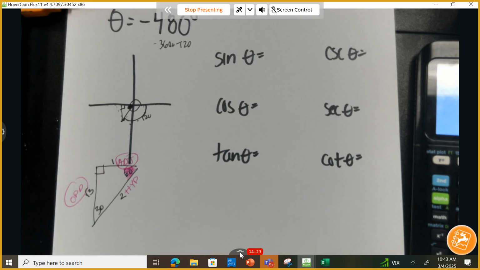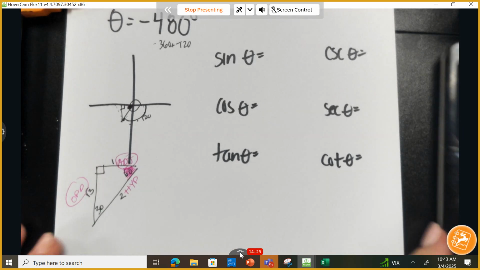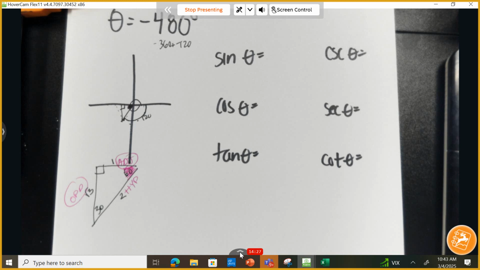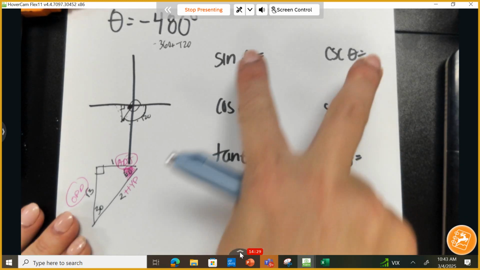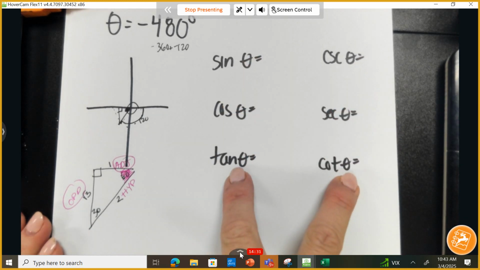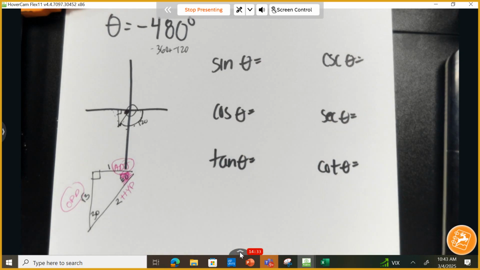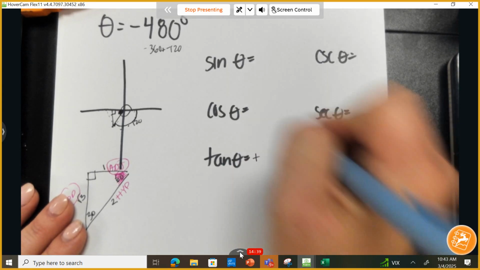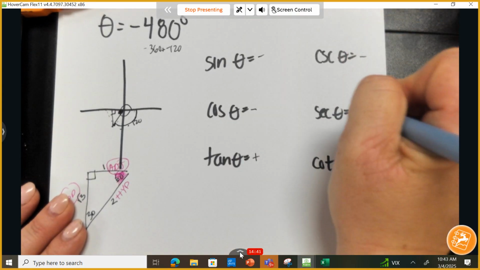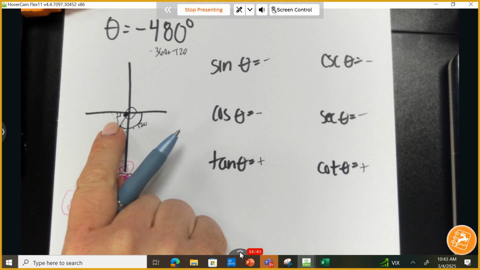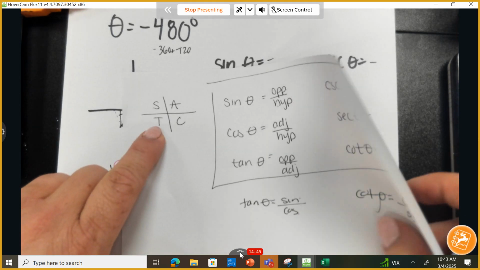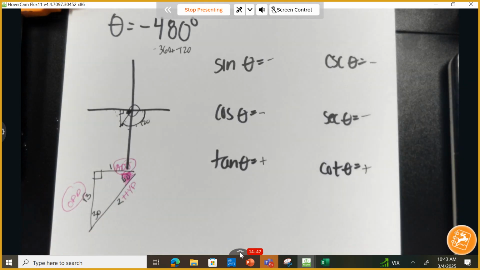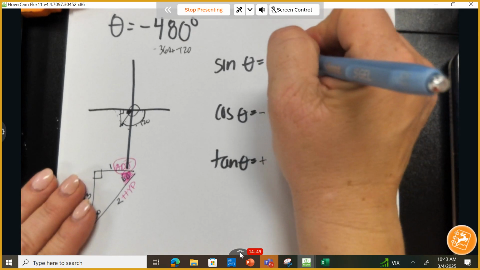So let me just call on students and let's see if you can do this. Are you ready? Here we go. Milagros. We have 6 different trig functions. Which of these 2 will be positive? Tangent and its reciprocal. And now how did Milagros do that? She probably said, okay, this landed in quadrant 3. Quadrant 3, tangent and its reciprocal are positive. All right. Next up,